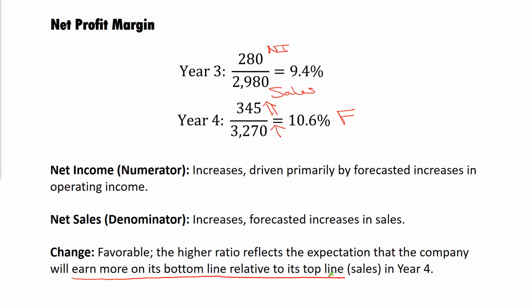But again, each one of these ratios just gives us a little glimpse or a little piece of a much larger puzzle. So what do they tell us overall? If we were going to try to put these ratios together and say, well, what conclusions could we draw? I would say this is a company that is gaining strength and size. There's a lot of good growth indicators, both in terms of the increases in some of the key numbers that we've seen and increases in some of those indicators that would say, yes, this is a healthy company. Drawbacks, though, we did see with days sales in AR and days in inventory. There might be some declining efficiency as that growth is taking place that the company needs potentially to address.